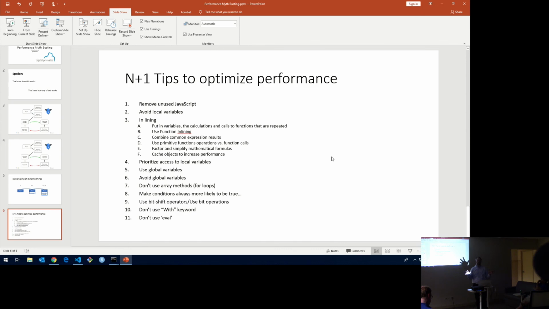The gist of this is that there's too much out there when one searches about performance optimization in JavaScript. We try to turn it into tips and tricks, but that's not it. It's not it in 2019. Your JavaScript is not what it was 10 years ago, 15 years ago, 20 years ago. It's a compiled language with a lot of work being done into it to produce a very tight language and very tight representation of something which is going to be very quick and optimized for the specific type of machine